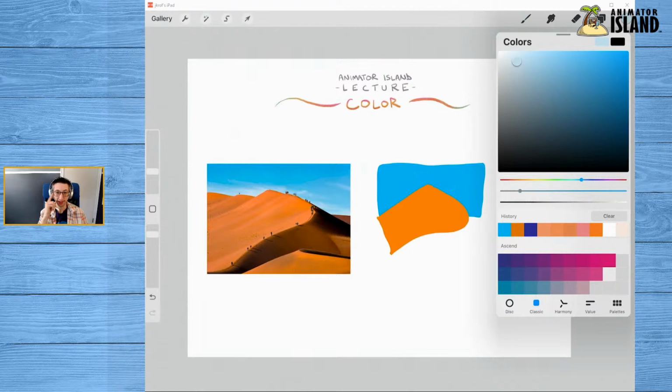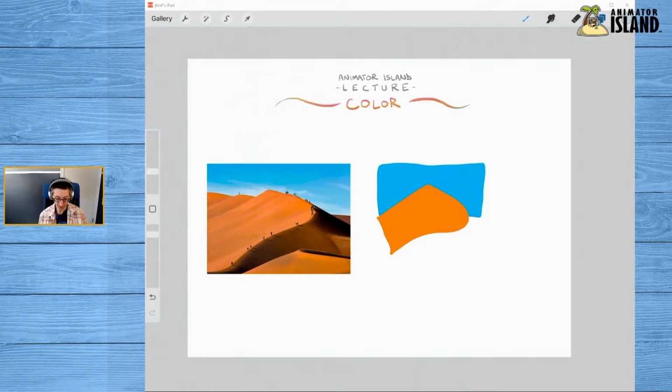We know in our brains that clouds are white, so we might want to jump straight to white, but they're not white in that image, which we'll see in a second when I color pick them directly. They are not white in that image, so we might go somewhere in this neighborhood. That might be too bright. Let's try that. And we might go in and I might paint those clouds in.